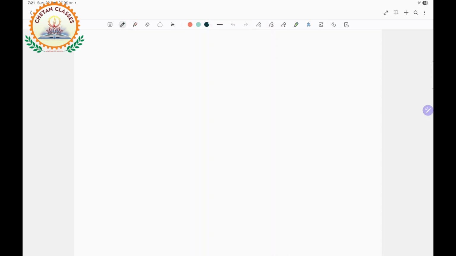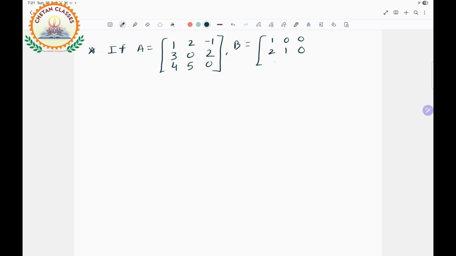Next example of transpose of a matrix is if A is equal to 1, 2, minus 1, 3, 0, 2, 4, 5, 0 and B is equal to 1, 0, 0, 2, 1, 0, 0, 1, 3, then